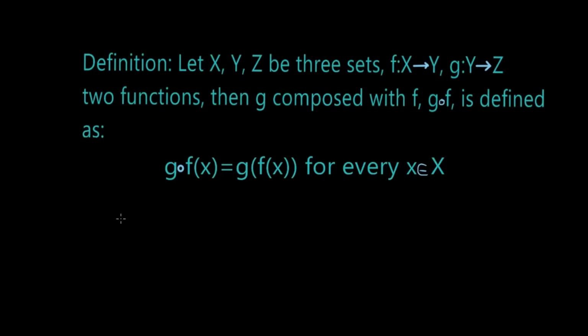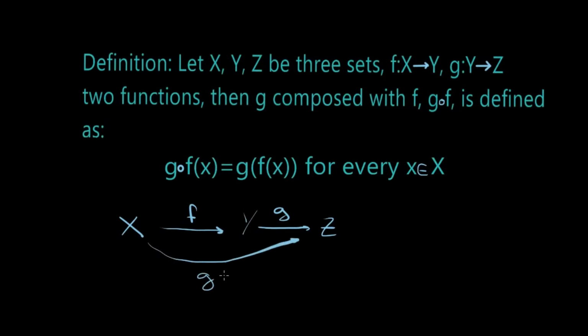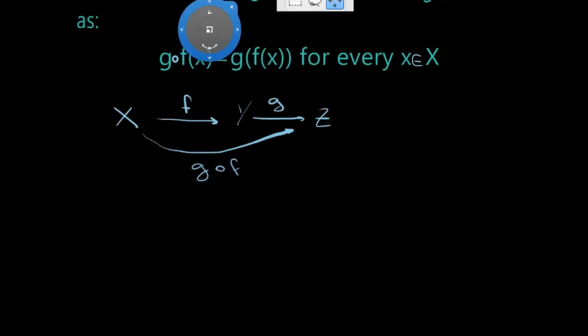So if you wanted to draw a bit what this would mean, we have the set X and the function f that takes elements of X and takes them to Y. Now function g takes elements of Y and gives you as a result an element in Z. Now the composition of g with f would be a function that does this path directly. This would be g composed with f. So let's draw some Venn diagrams to represent this definition.